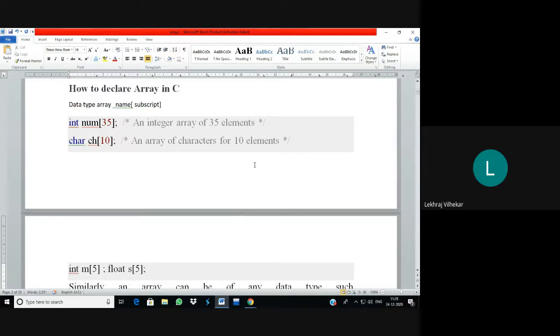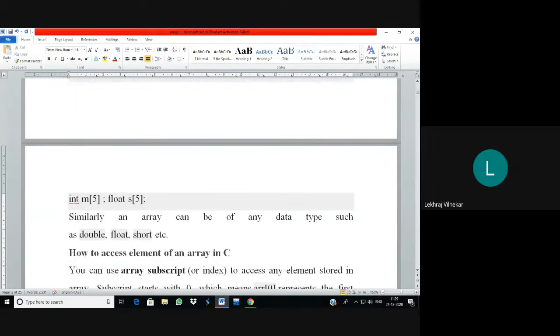Okay, means that time we have taken the 5 elements, m1, m2, m3, m4, m5. We have written it like this. Now with the help of this single one, you can represent the 5 elements. With the help of this single variable, you can represent the 5 float elements like this. So we can create the array of any type, that should be float, short, double, long, int, whatever is there. We can create an array for that.